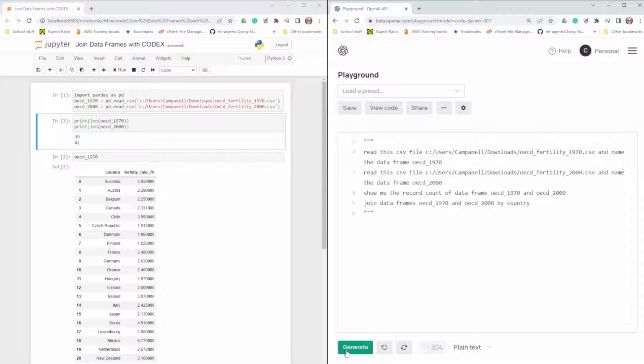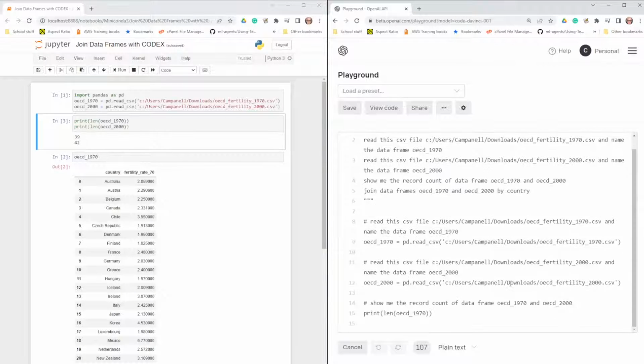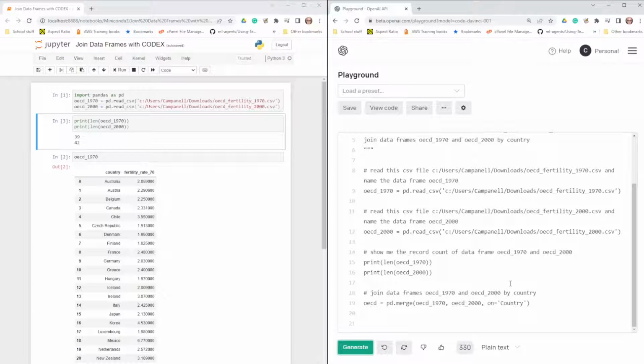Let's try this again. Each time you're running it, you're taking money out of your pocket. Okay, great. I got my code here. So I've got my merge code, and it's on by country. So let's